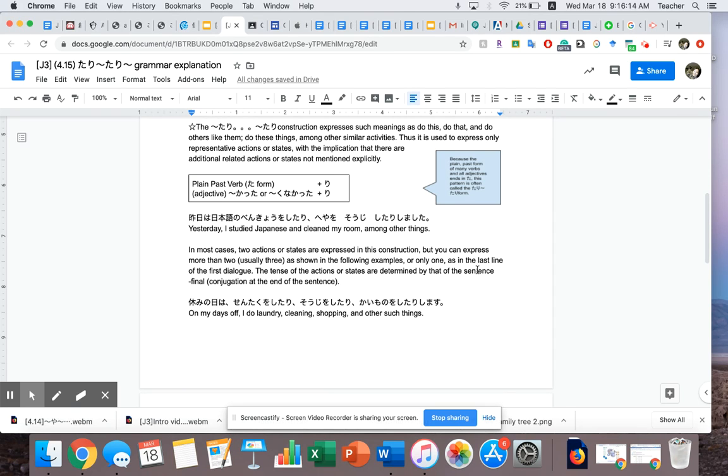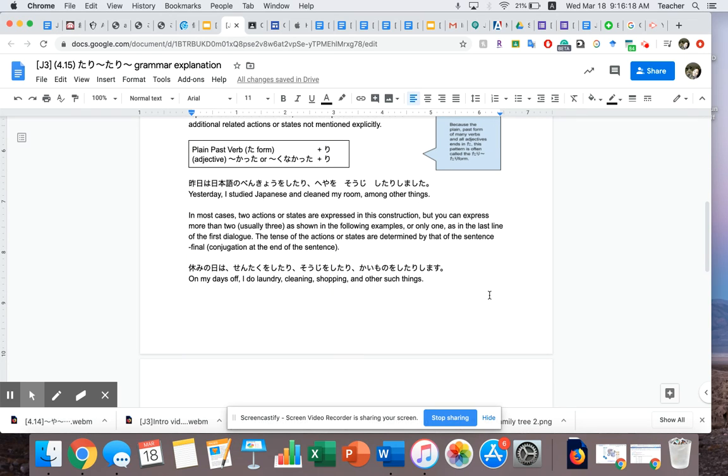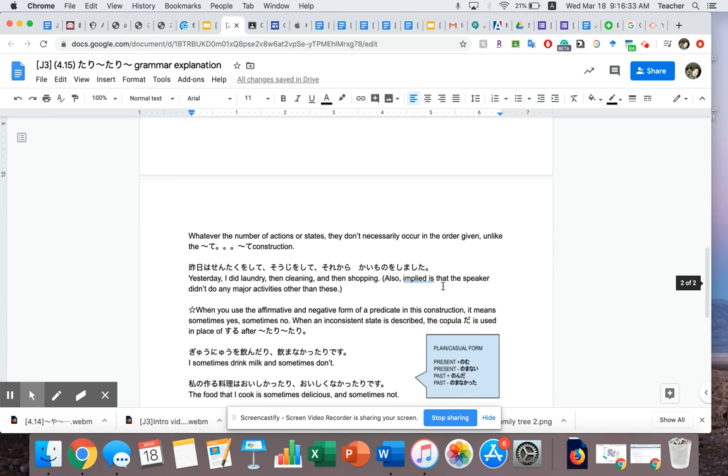The tense of the actions or states is determined by that of the sentence. So the final conjugation at the end of the sentence tells the tense's meaning: is it past tense, or is it negative, or is it present tense? 休みの日は洗濯をしたり、掃除をしたり、買い物をしたりします。